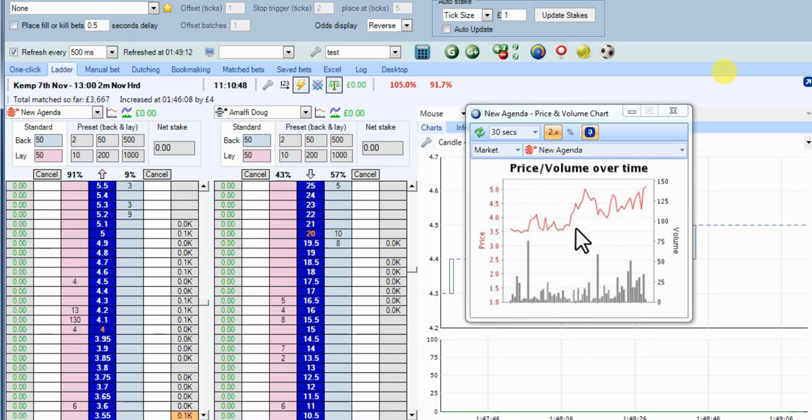So what we're doing is riding the current of the downward trend,